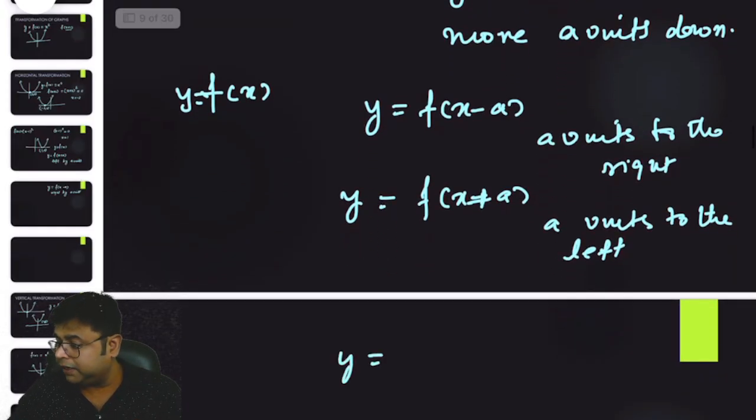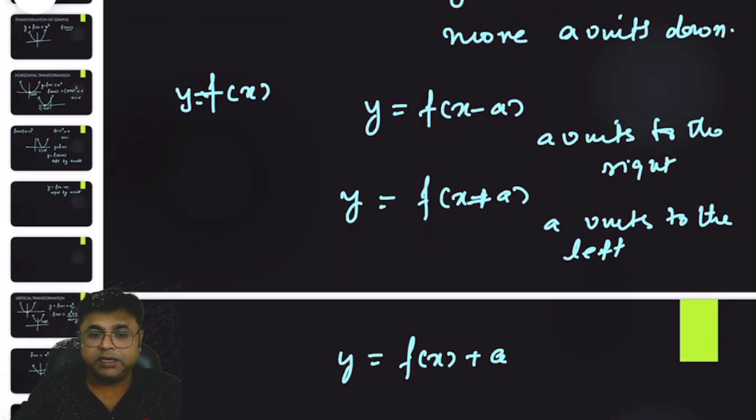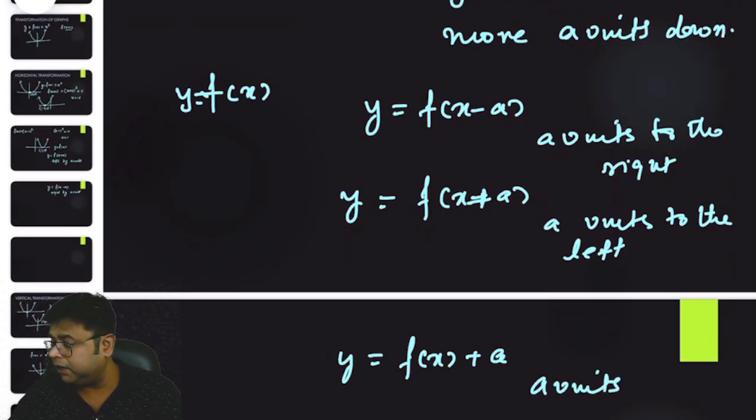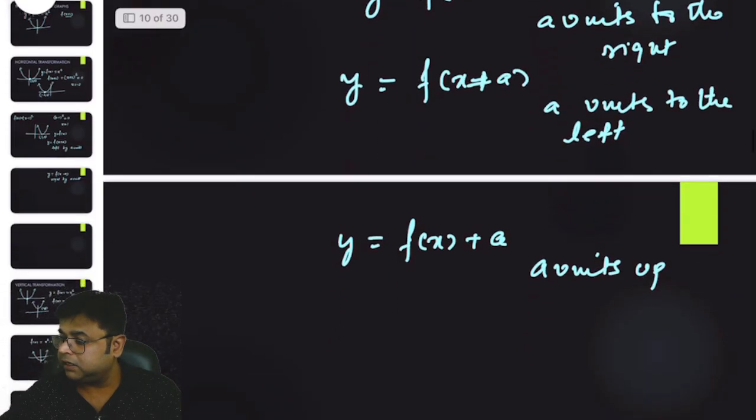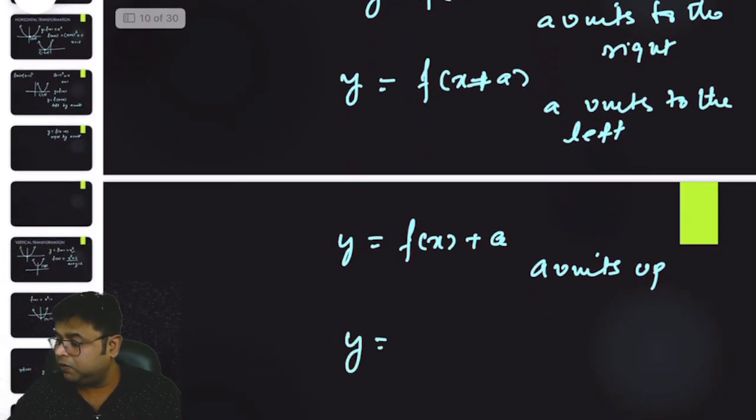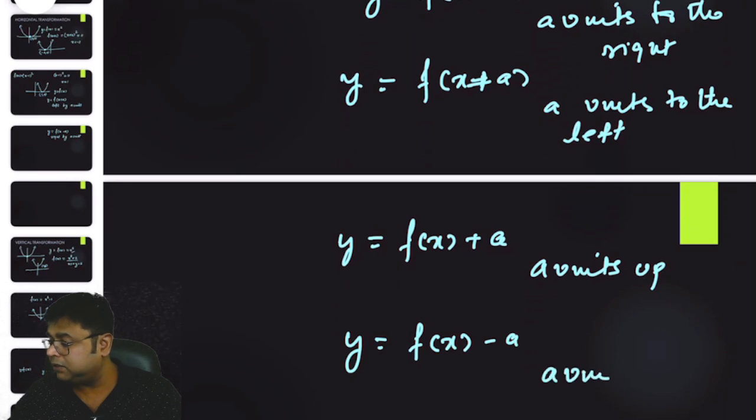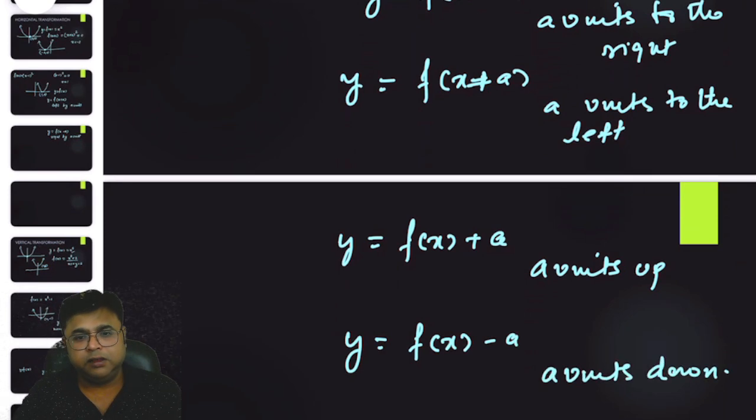Y equal to f of x plus a. Now the translation a is outside, so the transformation is taking place in y. So a units up, a vertical translation. And y equal to f of x minus a, so a units down. The graph movement will be a units down. Everything will be the same. So if you remember these four things, it will be very easy for you